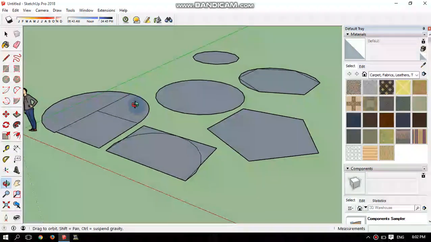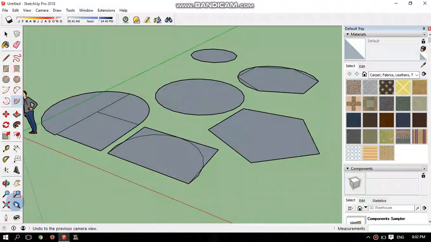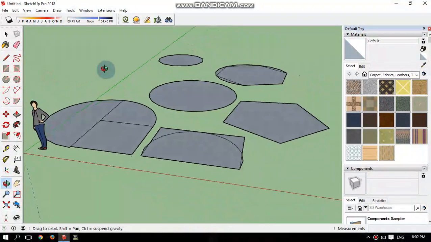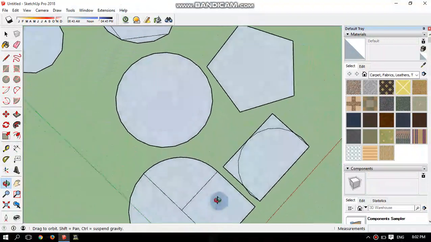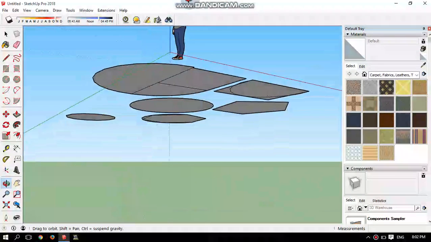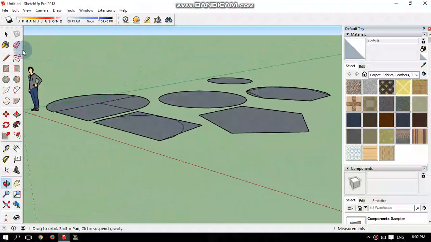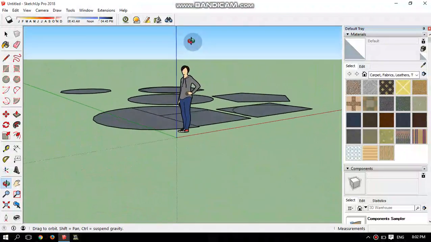Further, there are 6 important tools used in SketchUp, basic tools that are continuously used. So we'll look at these tools. Starting with orbit: suppose you have to change the position of the camera around the axis. Just click on the orbit, left click, and move your mouse in the desired direction. As you can see, I can go on top, you can see from the bottom, I can move in any quadrant using this orbit.